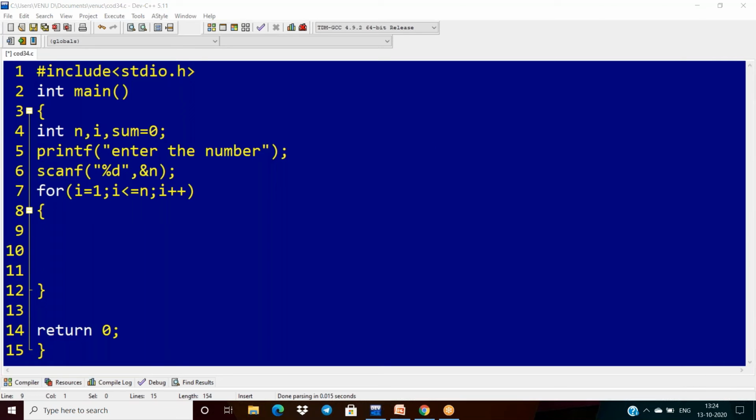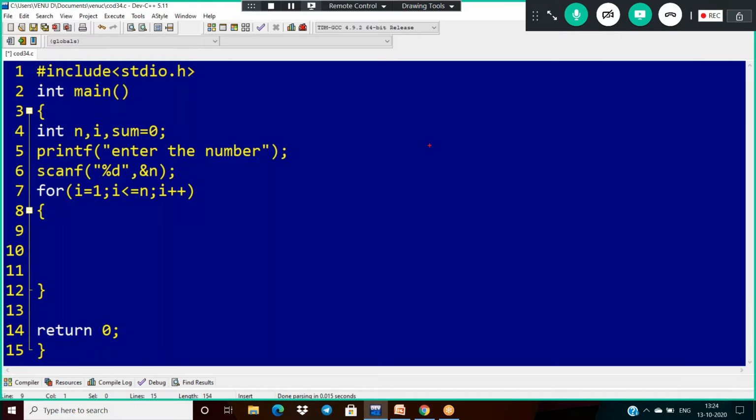Factors of a given number, generally: suppose I'm taking 10, I write 10 percentage of 1, 10 percentage of 2, like this we have to take the numbers from 1 to 10. Wherever we get the remainder 0, those numbers, 1, 2, 5, 10, are called factors.